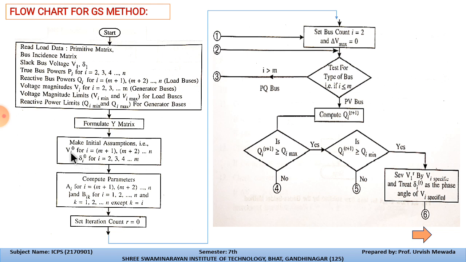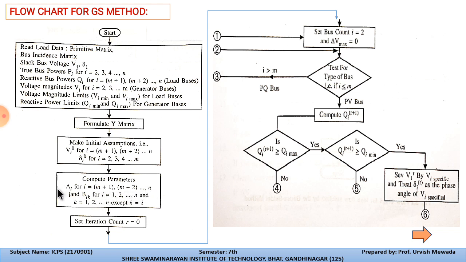So if Vi is 0, then delta i will be 0, where i is equal to 2, 3, 4 up to m. So this is the initial assumption made for the calculation, or to start the iteration. Now compute the parameters, that is Ai. We have the two parameters, that is Ai and Bik. These are the parameters of the power system, and for i is equal to m plus 1, we have the